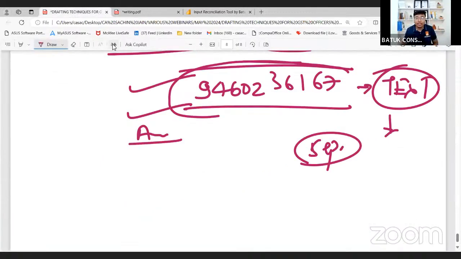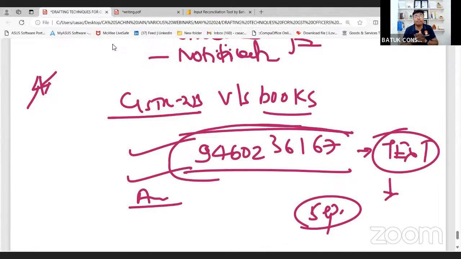In our today's session we have discussed certain important things related to the notice drafting and the order drafting techniques, what the things should be part of your notice, what the things should be part of your order. So if you have any query then please put the query in the chat box,